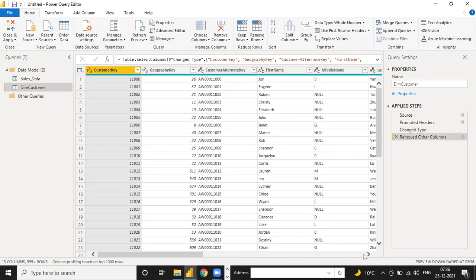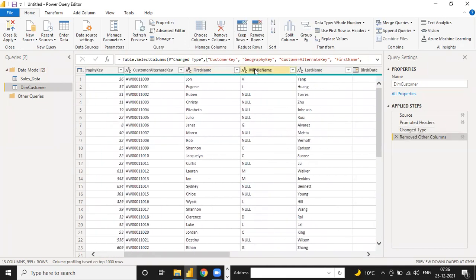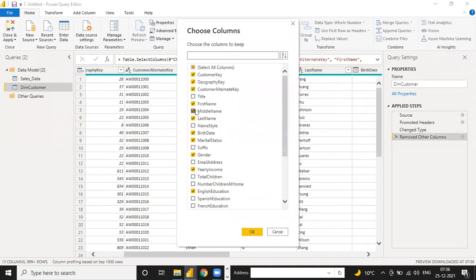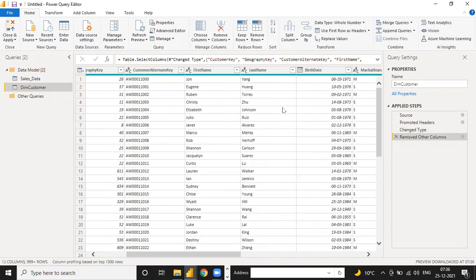So now see in this data you have first name, middle name, and last name. I don't want the middle name first, so just hide this middle name. And now I'm going to add this first name and last name into your data. I need to add this name complete. So how to add this name? Many options.